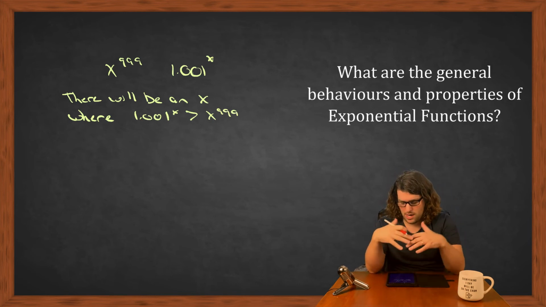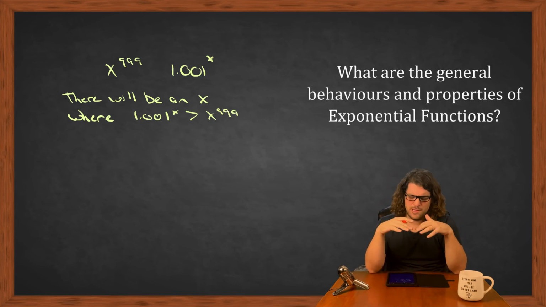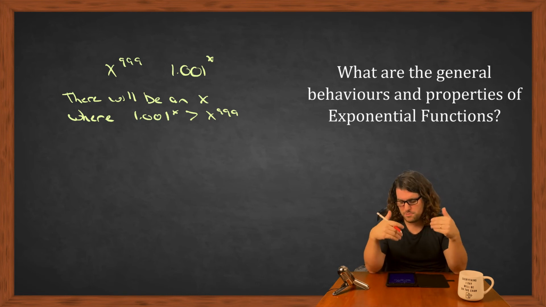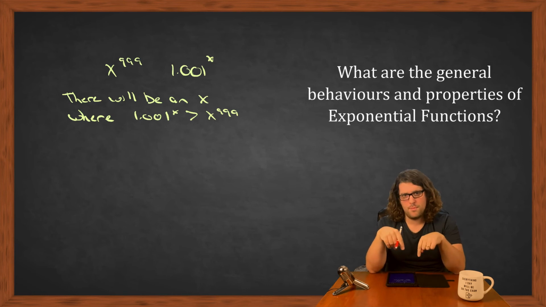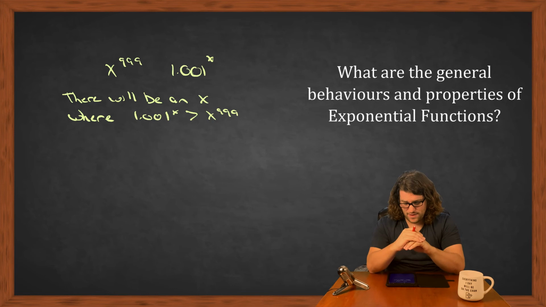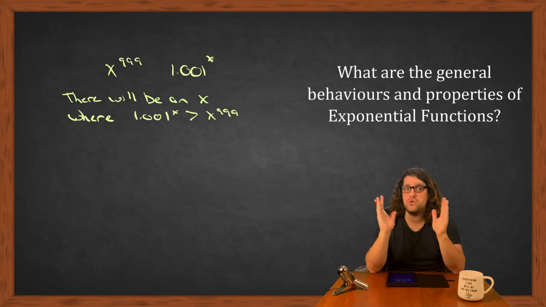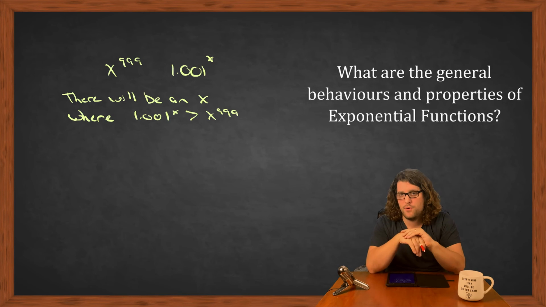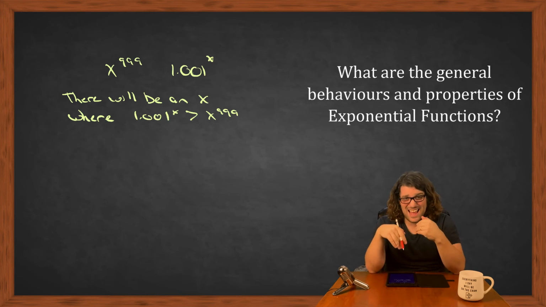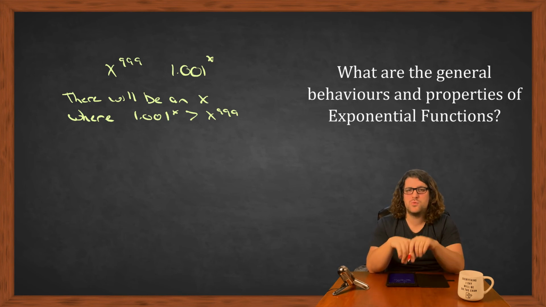It does not early on. So actually, there's a little bit of funky stuff that goes on at the very, very beginning, because if you use an x of 1, it's also true that the point 1.001 is greater than 1 to the power of 999. But if you use an x value of 2, two is a really bad example. There's going to be a huge gap in between them, with the power function being the one that's winning at that point. But it's actually true that the exponential function will overtake it